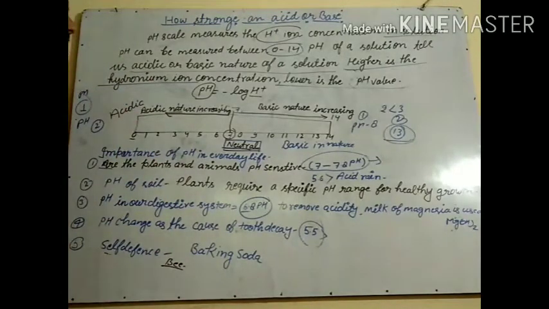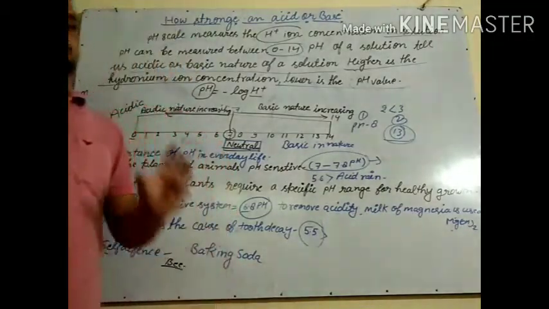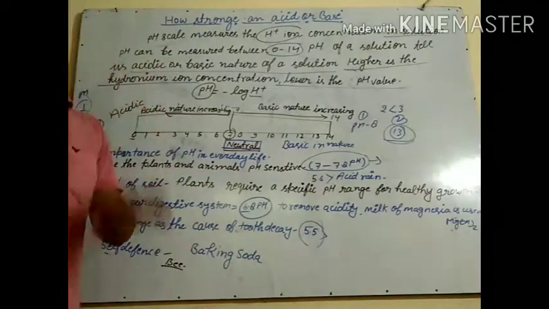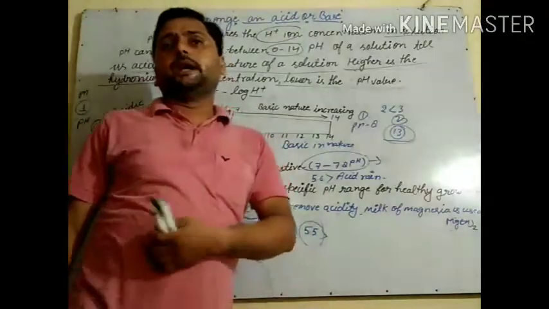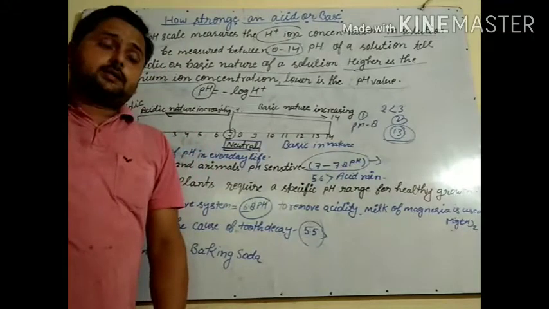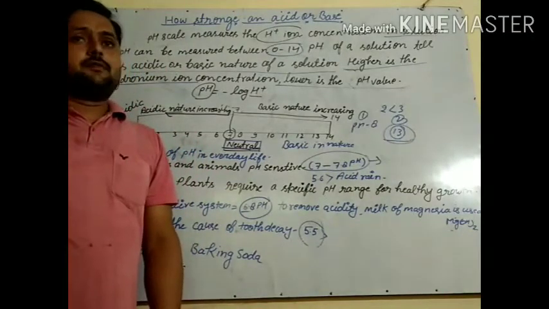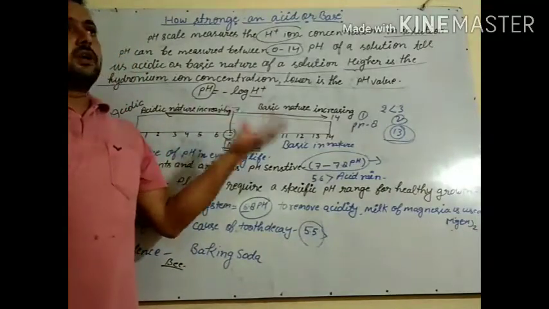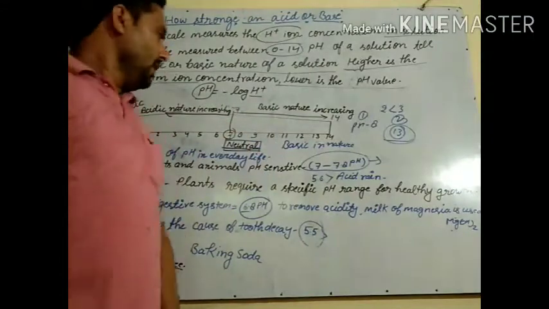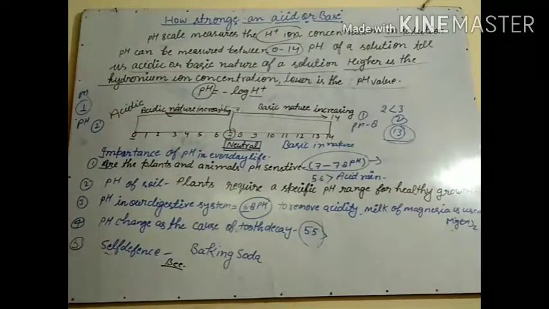So we have discussed here the importance of baking soda and the importance of pH in our daily life, and how we can say whether a given acid or base is stronger or weaker. Before this, we only knew that something is an acid or a base, but we were unable to say strong acid or weak acid. With the help of pH, we can say that this is a strong acid and that is a weak acid. And these are the importance of pH in everyday life.